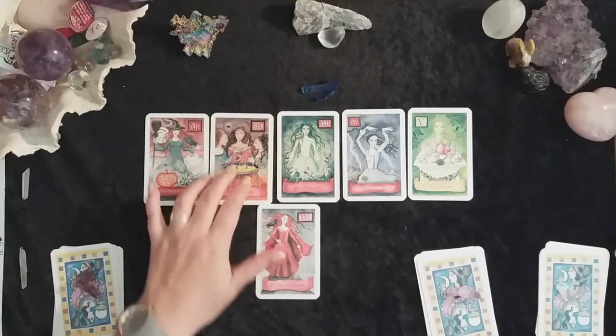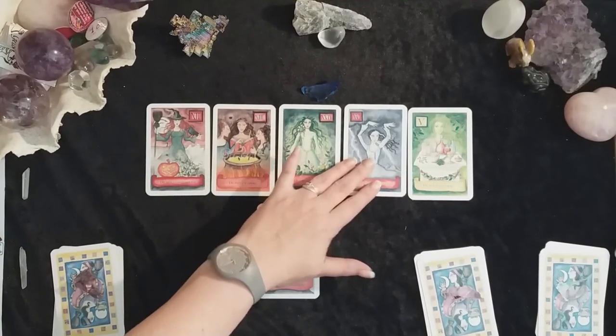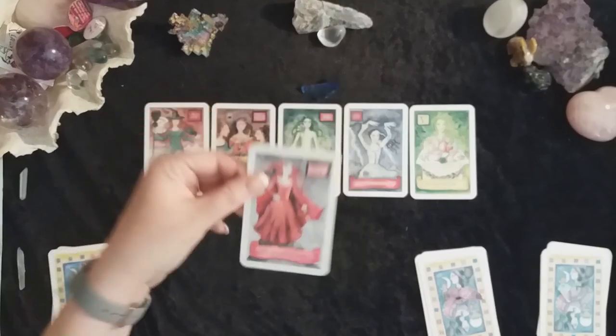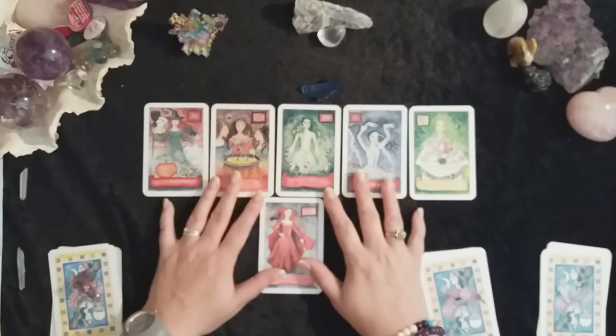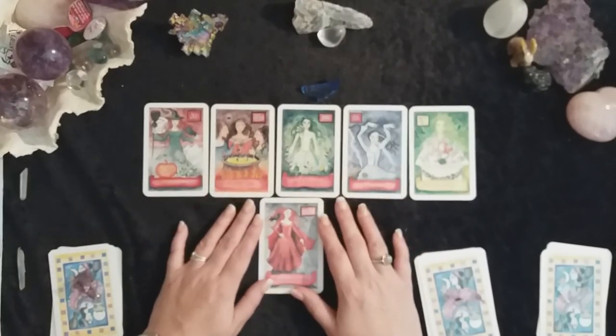On the other hand, you are very patient, so maybe there's a lot of things you can handle, but once they cross the line, yeah, they better hold on to their seats, because it's not going to be a fun ride. So these are your powers as a witch, and I hope you use them well,